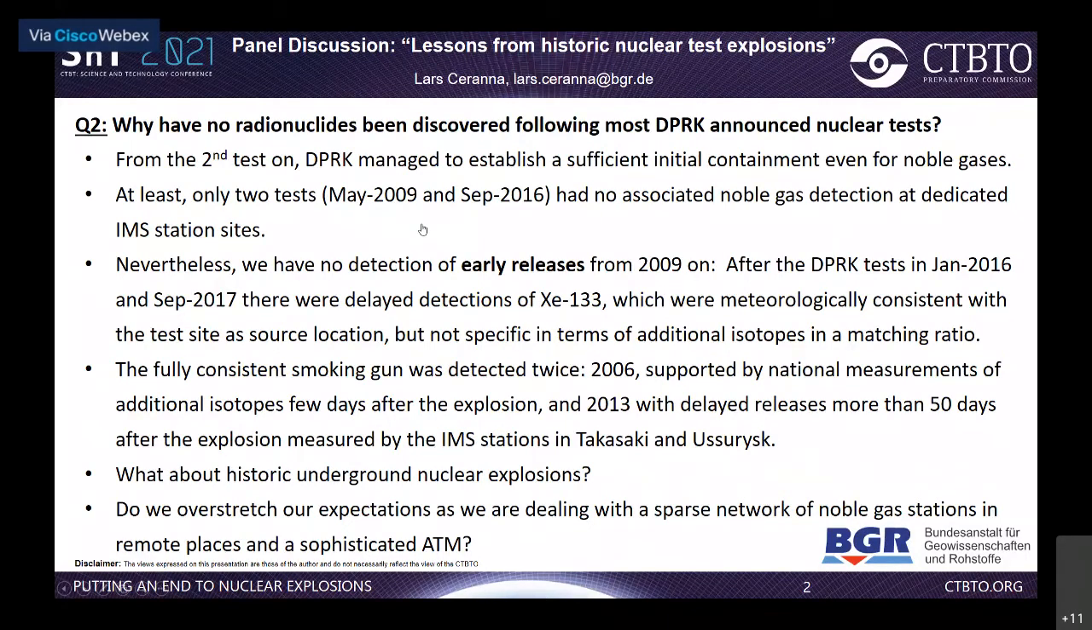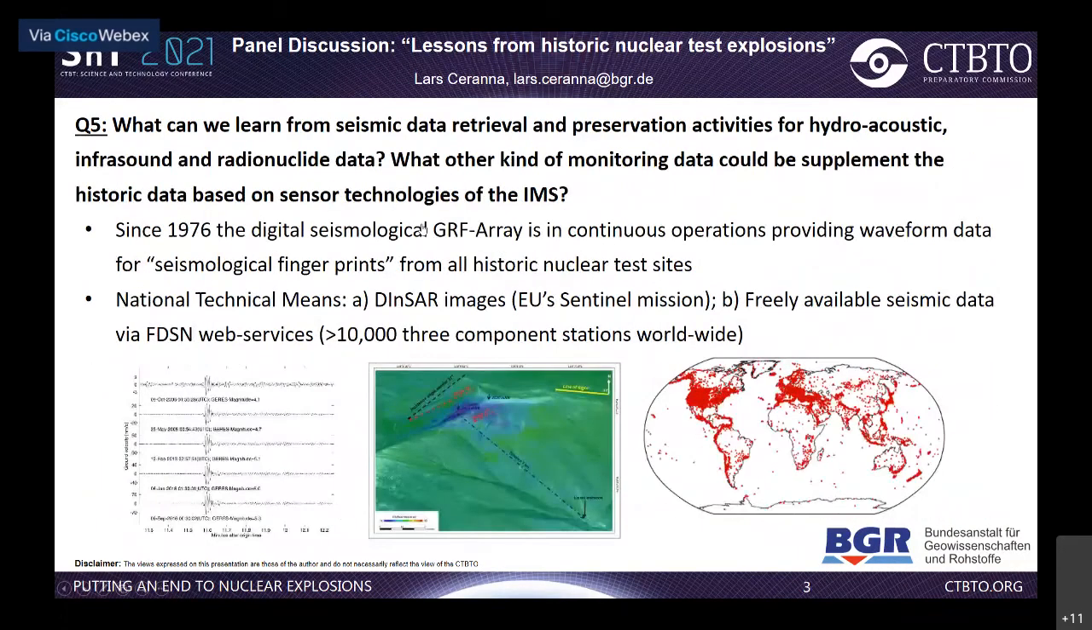And at the very end, we have to consider that for at least this 4th test, where we have really found evidence, and we're able with sophisticated atmospheric transport modeling to nail down the detections with the test site, I think it should be considered a great success. And also when we talk about what we can learn from the historic data,